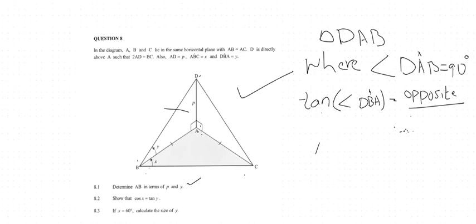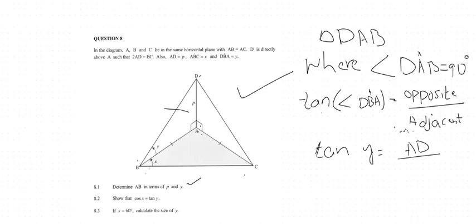All right, so we say that tan y equals AD by AB. Substitute the given value of AD, which is